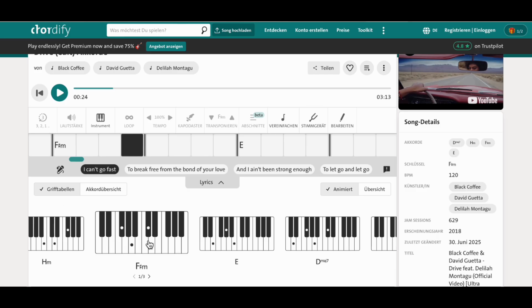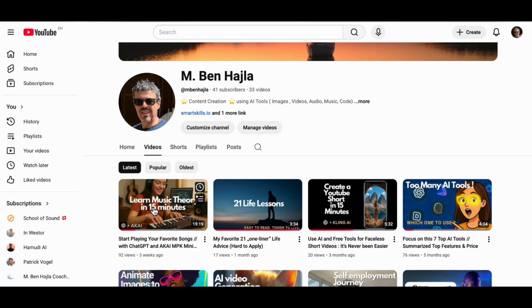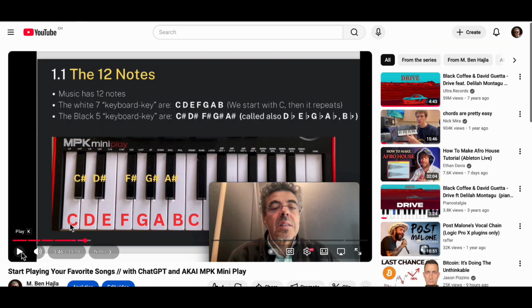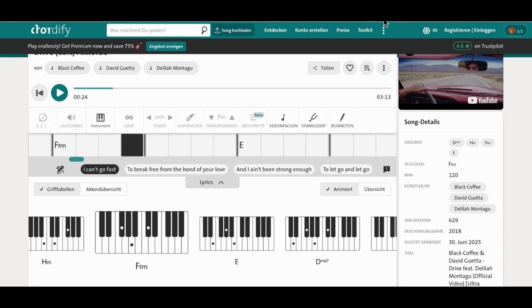And you see here an illustration of the chords which you can use. If you don't know what the notes are on a keyboard, you can go back to this 15-minute music tutorial video, and you see there the notes, how chords are built. So let's get back now to our tool. I've showed you Clang.io, I showed you Chordify, and the third tool is